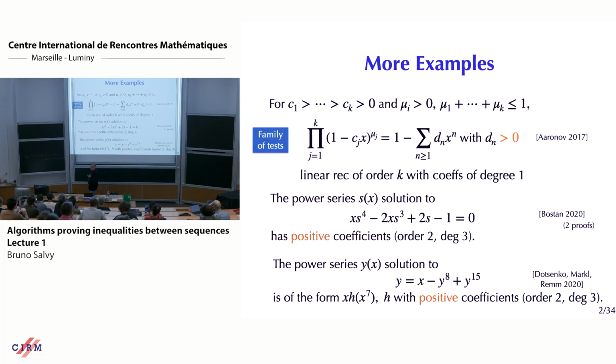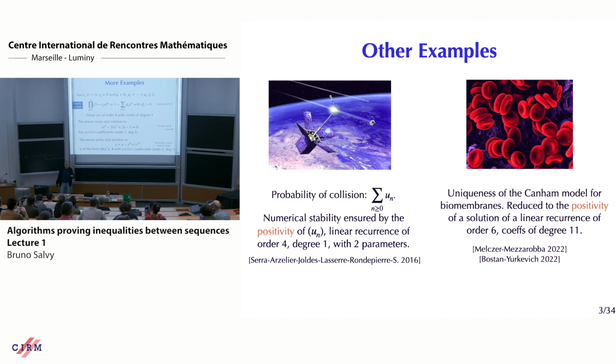Other examples are, I wouldn't say more practical, it's really cheating. So maybe the first one is in a paper with Miura, but really the general question is this: when you have a,